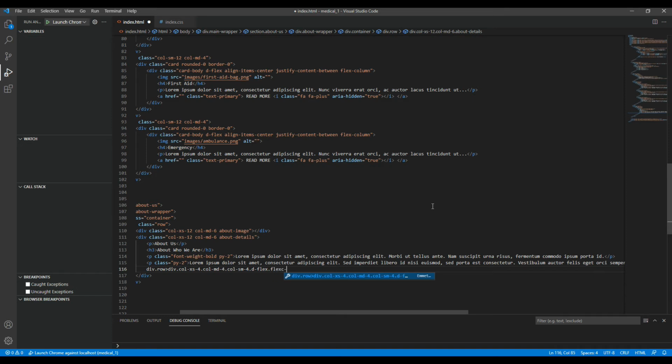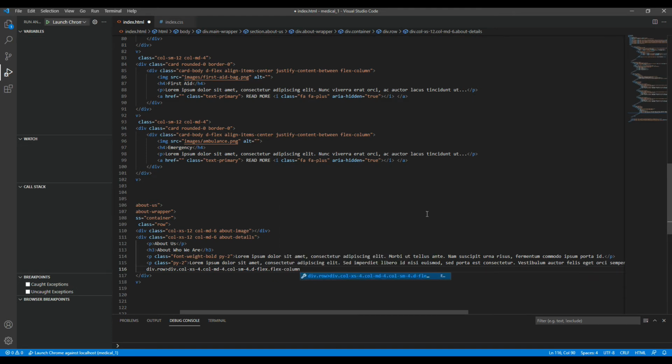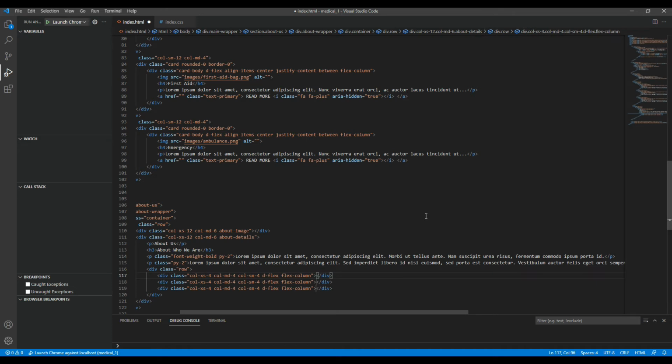So flex column will have 3 of them, and 3 of them will have strong as a tag,